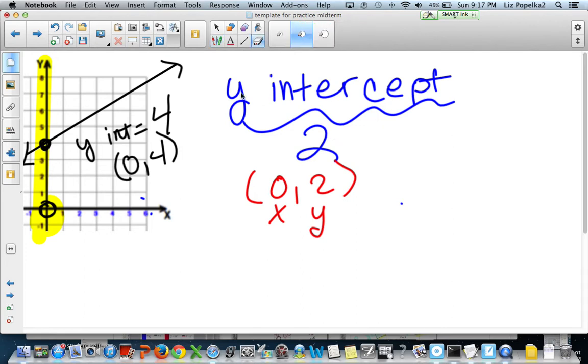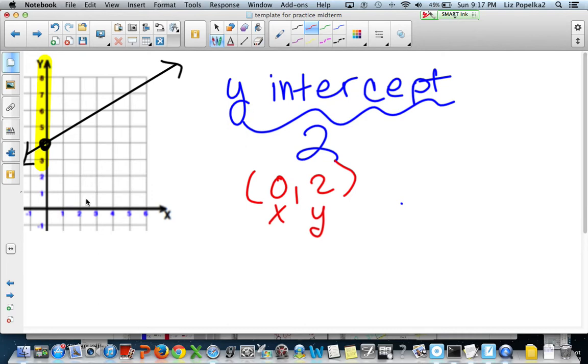Now even though the term y-intercept is relatively new to us, you've actually had some experience with the idea of what the y-intercept does. Let's say that this graph represents a real-life situation. Let's say this is the number of hours you're in the car, and this represents the number of miles